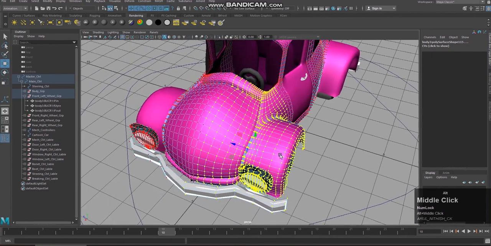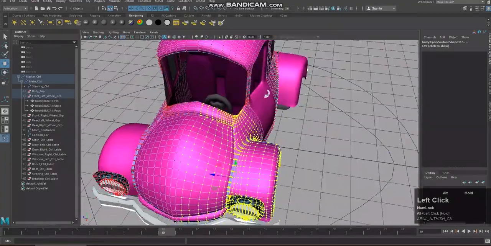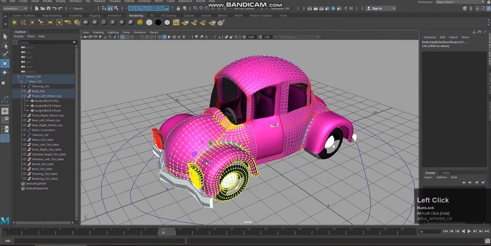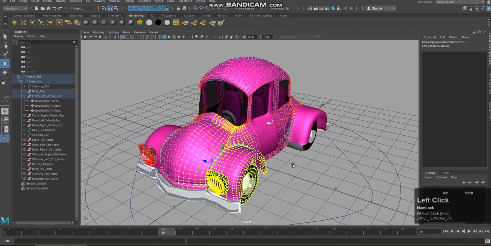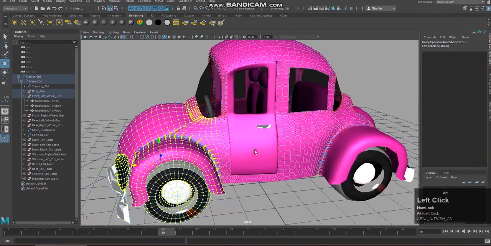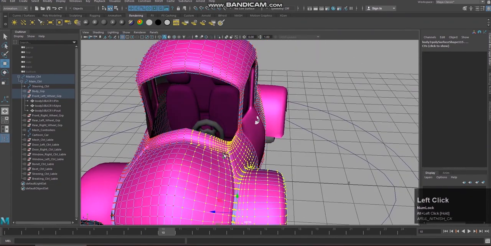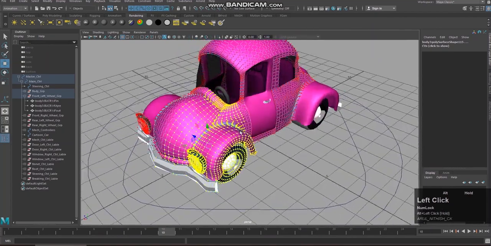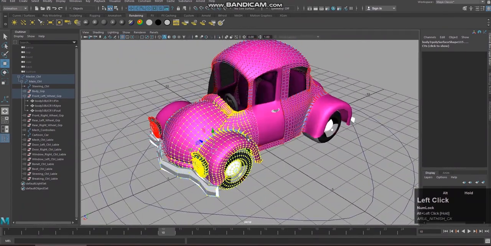Once you apply the lattice for all the selection, I mean the other half, it will look even. This is just to learn the technique. When you are selecting, you should turn on soft select and select properly, or no need to turn on soft select, you can select the vertices to make it smooth. Now I'm selecting as per the symmetry. Symmetry in the sense of perfect selection, a perfect half and half selection.